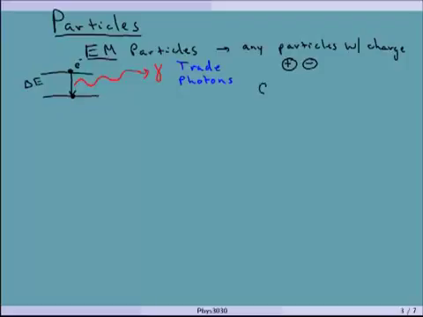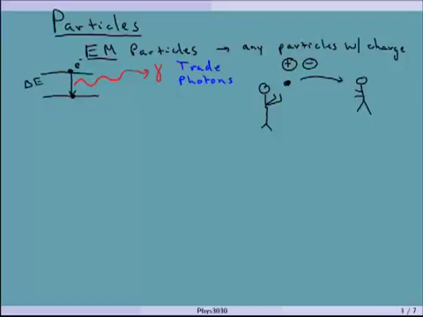And I like to think of this as a decent analogy. I sort of like to think of this as you have two people, right, and they're playing ball with each other, okay? And as the two people are playing ball back and forth, they interact by trading this ball back and forth. And that's exactly how the electrons and the protons and anything with charge, in fact, interacts with each other, by passing particles back and forth between them.